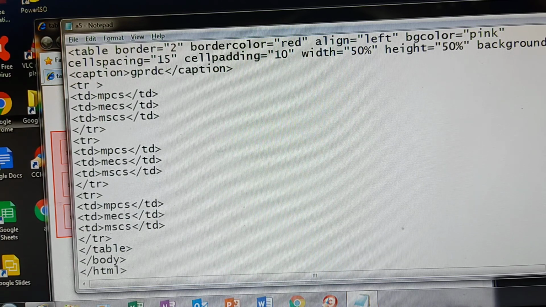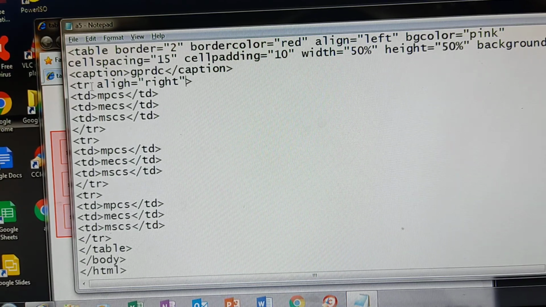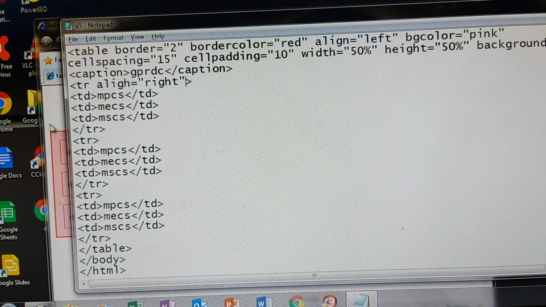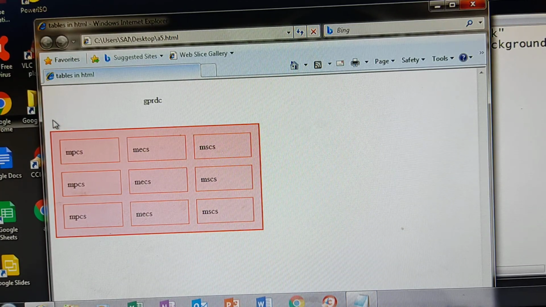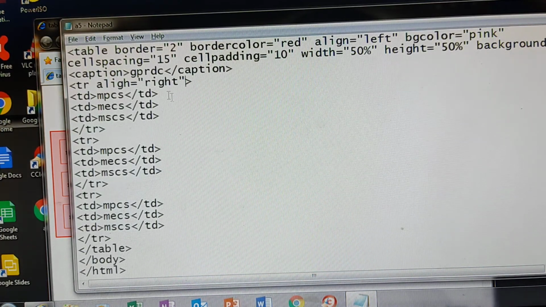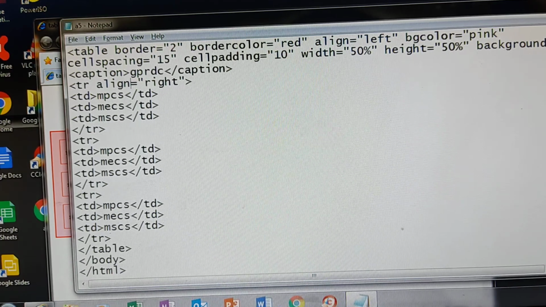TR align equals to right. We'll see the difference. Save it, come to the browser window, refresh this. Just a moment. It is aligned.